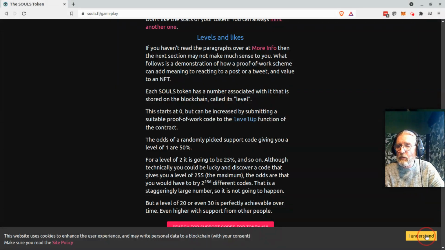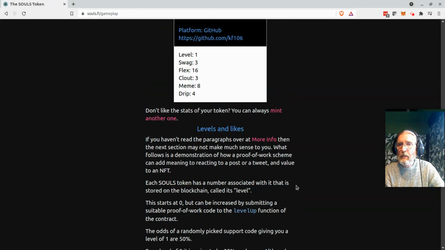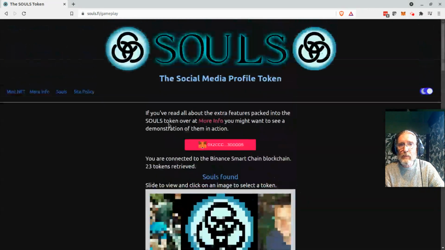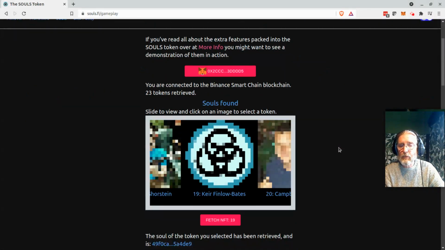And that's actually a good reminder, which is do go and read the site policy before you use this site, because you are using this site, if you go through what I have just done here, to retrieve your profile picture and your name from your social media profile using your browser. And then if you go ahead and sign and submit a transaction using MetaMask, you are submitting those to the blockchain and to the interplanetary file system.